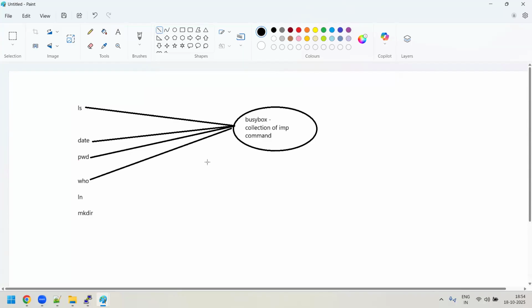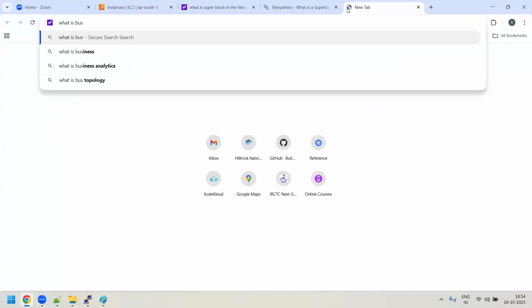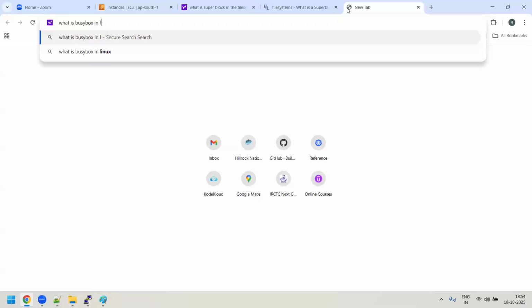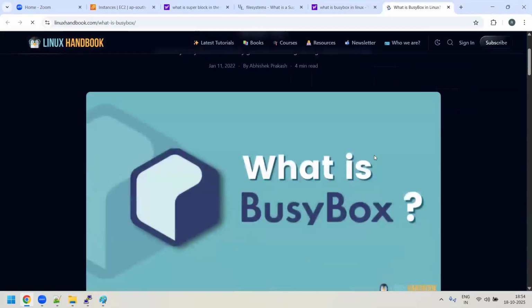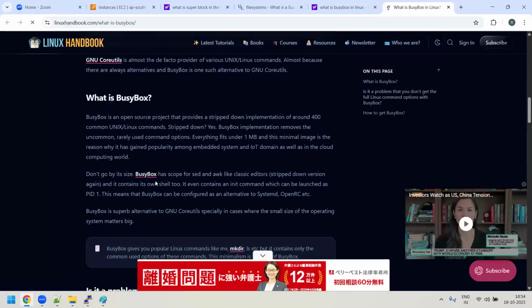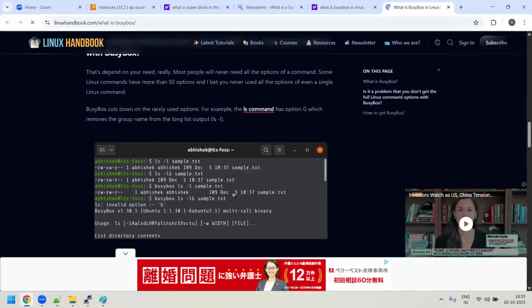So that's what I told you at the very initial stage, that I don't know how many people will understand this. For the user, it becomes very easy to manage this BusyBox because all these commands are a pointer to the BusyBox only. So I would say just go to the article, what is BusyBox in Linux. You will get to know, guys, what this BusyBox is. This BusyBox is something where you have a pointer. Don't worry about the size and all.